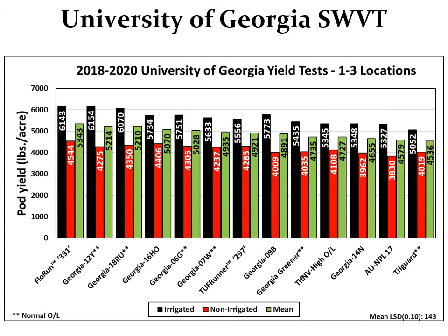And here's another example from the University of Georgia statewide variety test from a 3-year period in 3 locations. If we see here, the yield potential under irrigation is around 6,000 pounds per acre for these top 4 varieties, and some of them are the same varieties that were in the Florida data set. And under non-irrigated conditions, about 4,500 pounds per acre. So again, a significant yield gap exists between the potential that there is in these tests that are grown under optimum conditions and those that are being achieved on our farmers' fields. And we want to begin to think about why that's the case. What are those optimum conditions that we're using to achieve these yields,